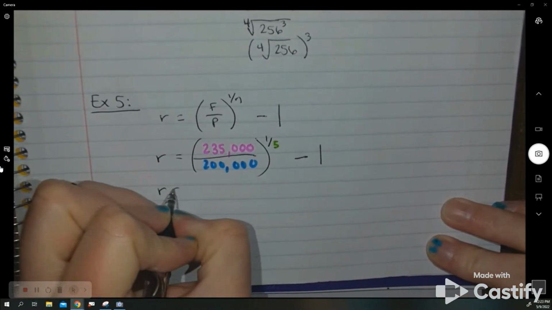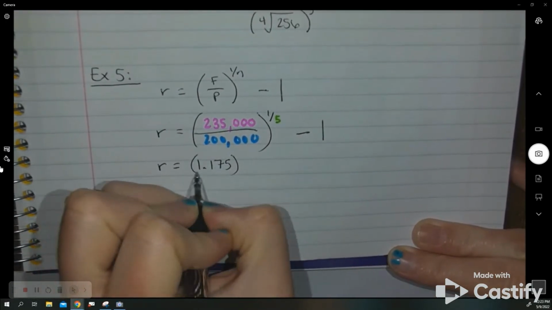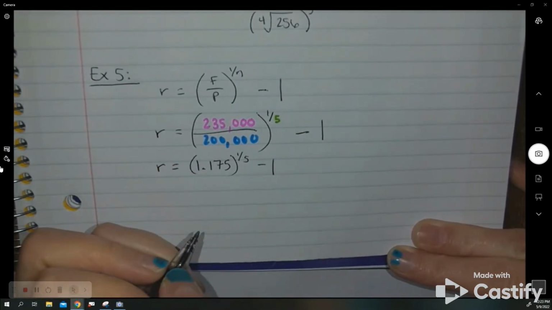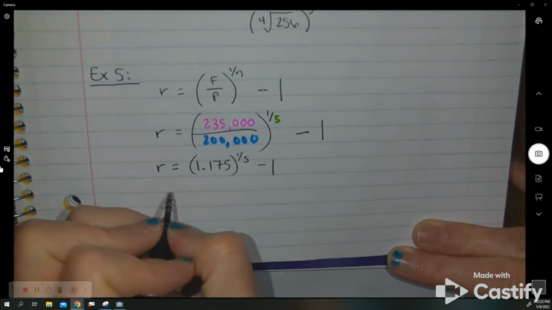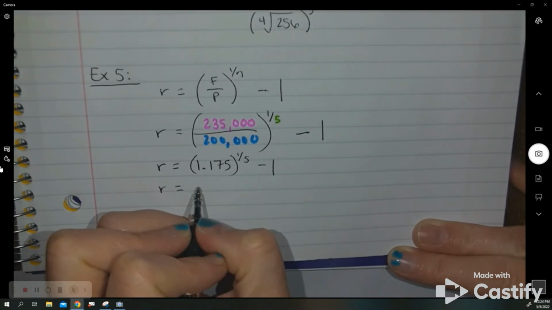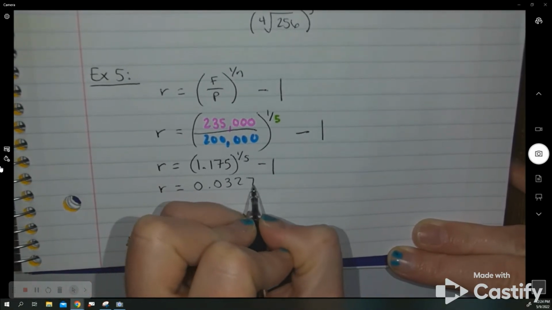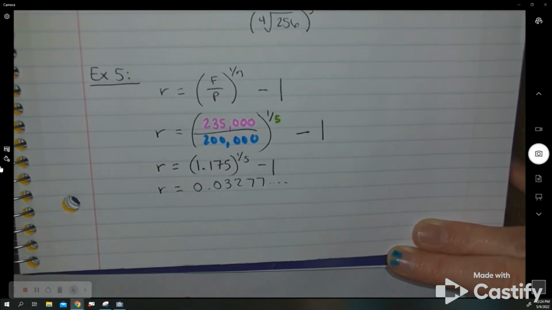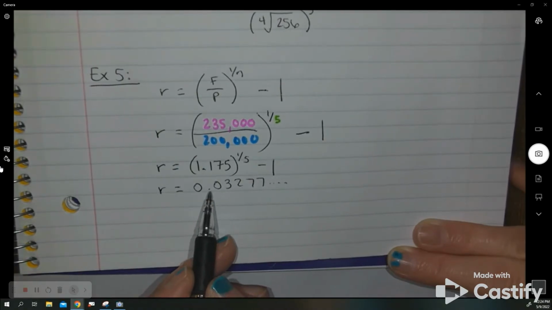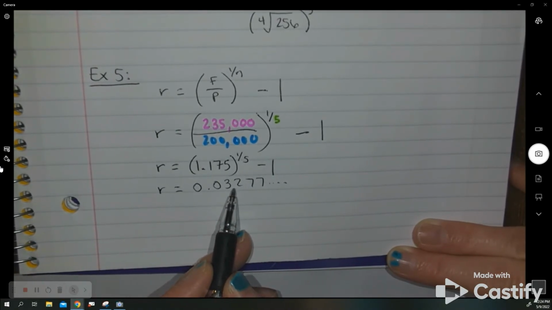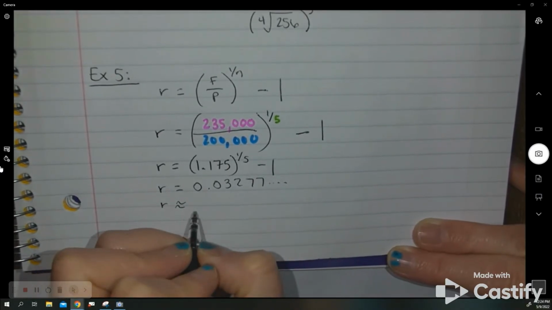So if I do 235,000 divided by 200,000, I get 1.175, still raised to the 1/5 power, minus 1. And if I do 1.175 to the 1/5 power, or in other words, the 5th root of that, the same thing, and then subtracting 1, I get 0.03277, etc. So if I'm looking at this in terms of a percentage rate, remember that I would move the decimal place 2 times because it's a percent out of 100. So if I move it, we've got 1, 2. So this is approximately